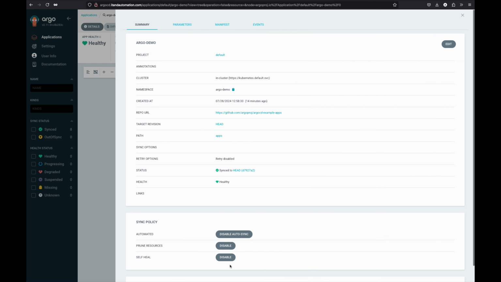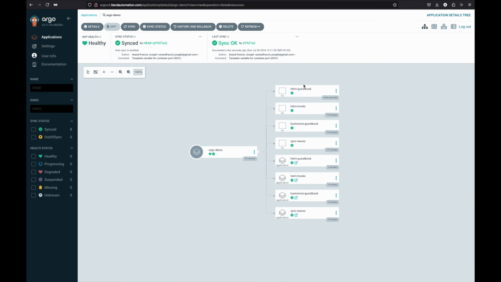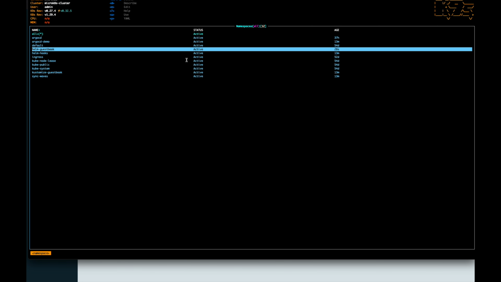Just because we had self-heal and automated sync policy in automated state, you saw that resource coming immediately. And if you were managing all of the underlying application through Argo, now you have less disruption. So that's how Argo